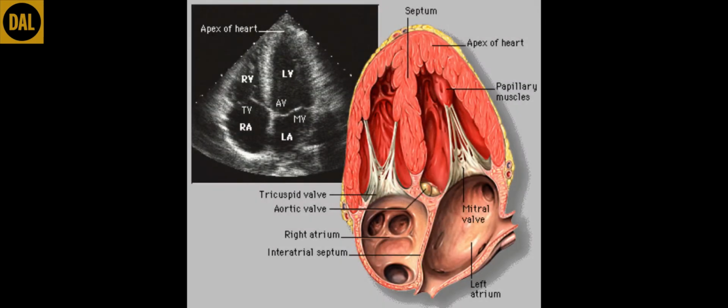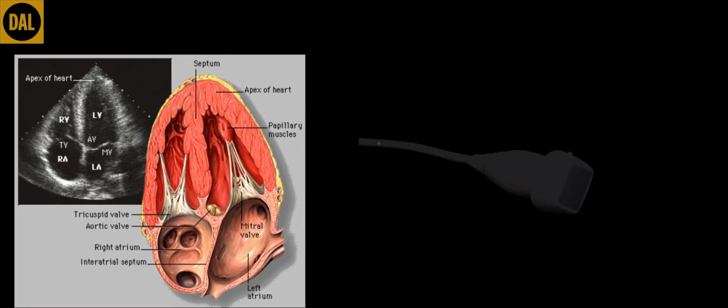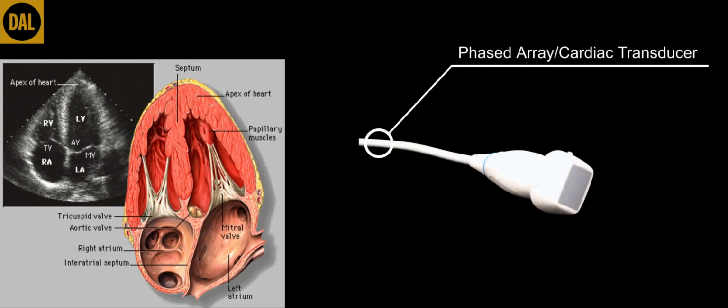In this video, we will be doing the apical 4-chamber view of the heart. For this scan, we will be using the phased array cardiac transducer. A cardiac setting is used, as noted in the parasternal views,